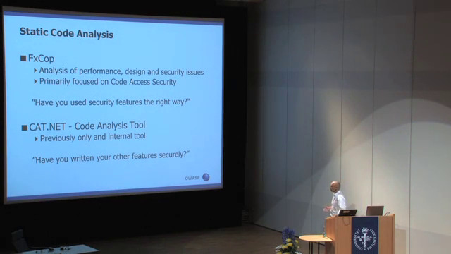code analysis tools. And I'm guessing that all of you are familiar with FxCop, which is a kind of old tool now that has been used for several years for doing static code analysis. But FxCop is actually targeted specifically on security features, like the code access security model available in .NET Framework, and whether you, as a developer, are using those technologies in the right way. So instead, Microsoft developed an internal tool called CAT.NET, or code analysis tool, which helped us to analyze